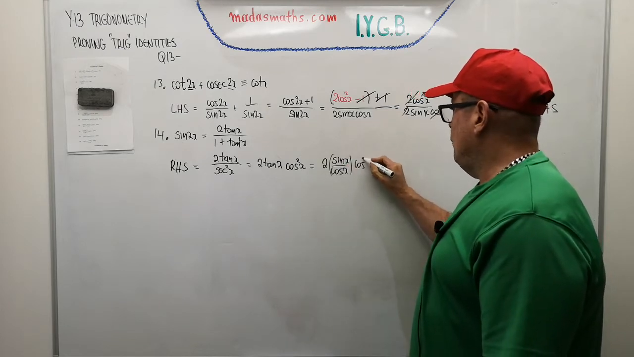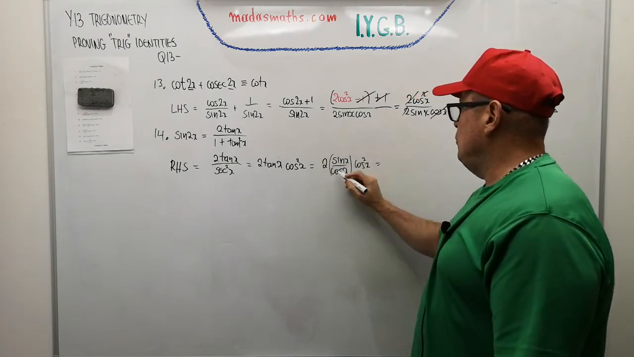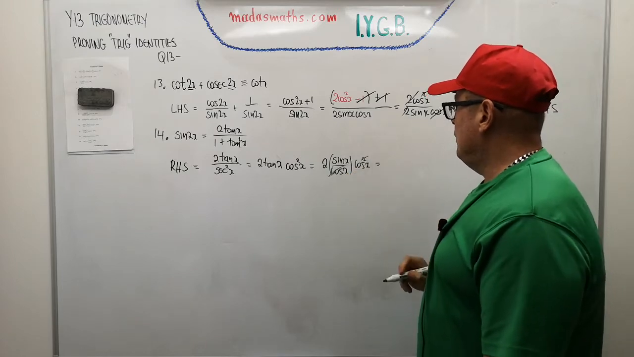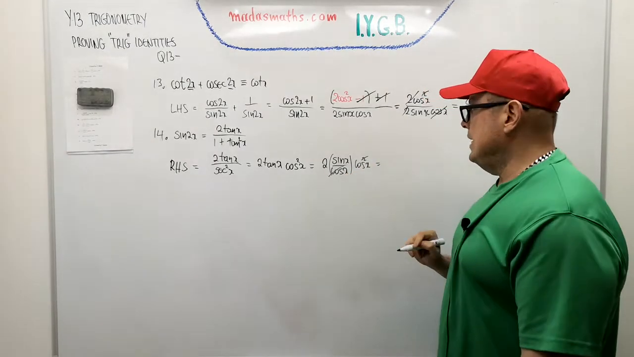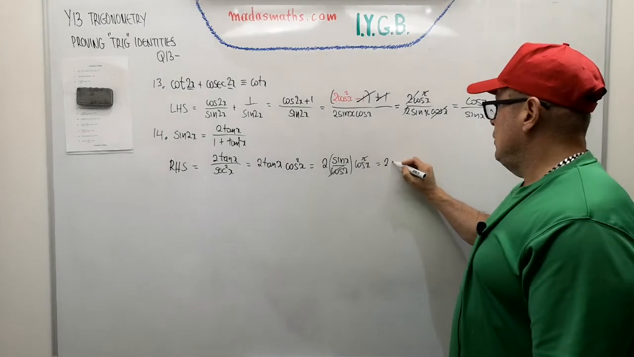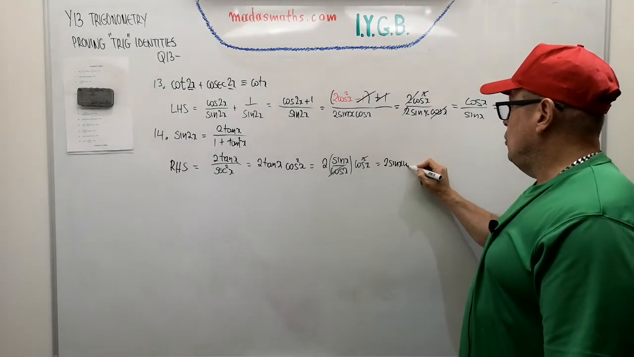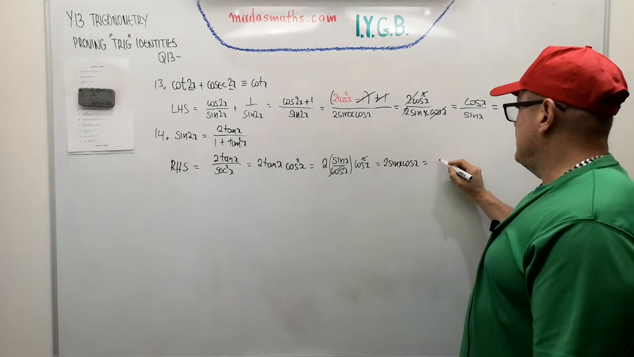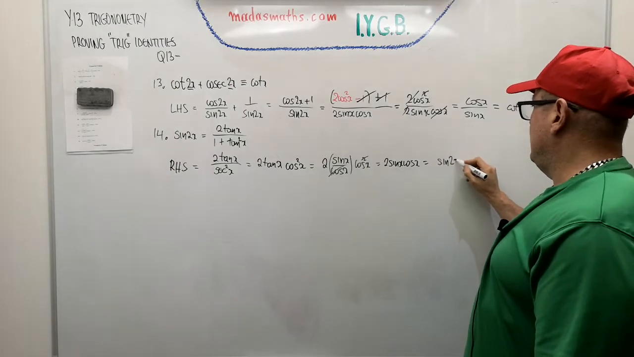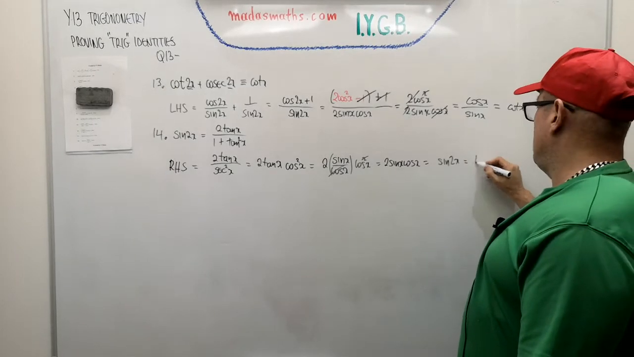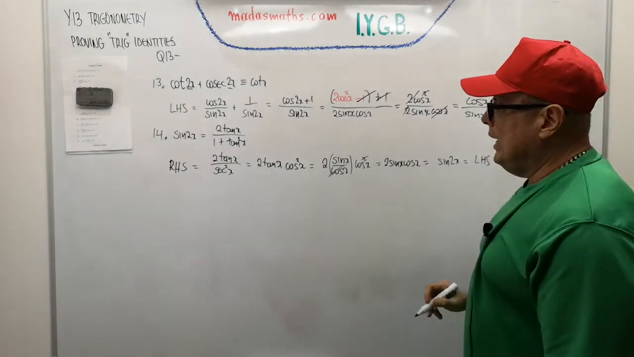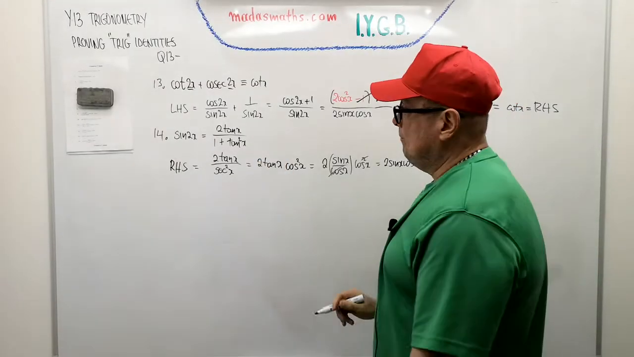times the cos squared of x, and everything just flows. Cos squared will be cancelled with the cos at the denominator there, so I'm going to get 2 sine x cos of x, which of course is an identity. That's the sine of 2x, which of course is now the left hand side. By the way, if you didn't spot this identity,